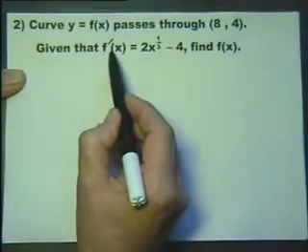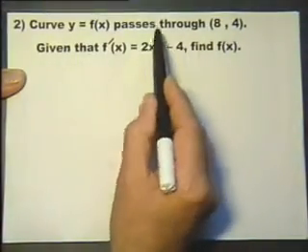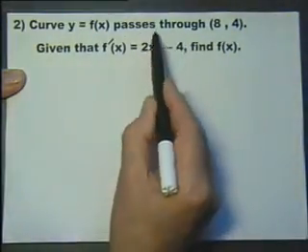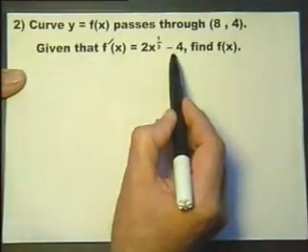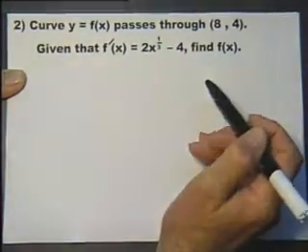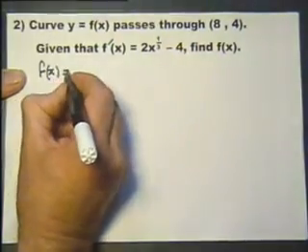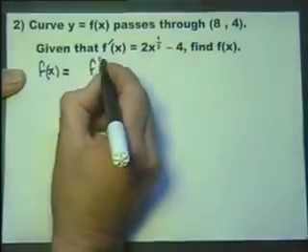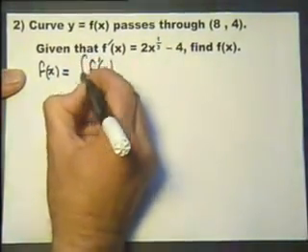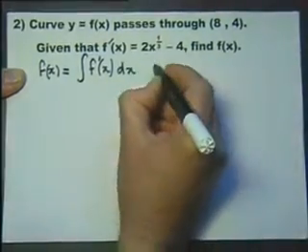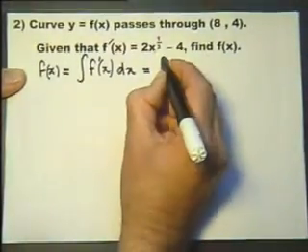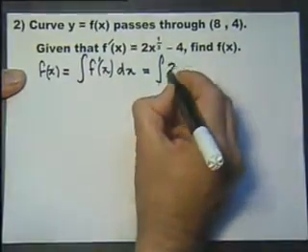We're given that f dash of x is 2x raised to the power one third minus 4. We have to find the original function. So the original function, f of x, is going to be f dash of x integrated with respect to x. So let's write that down. We have to integrate